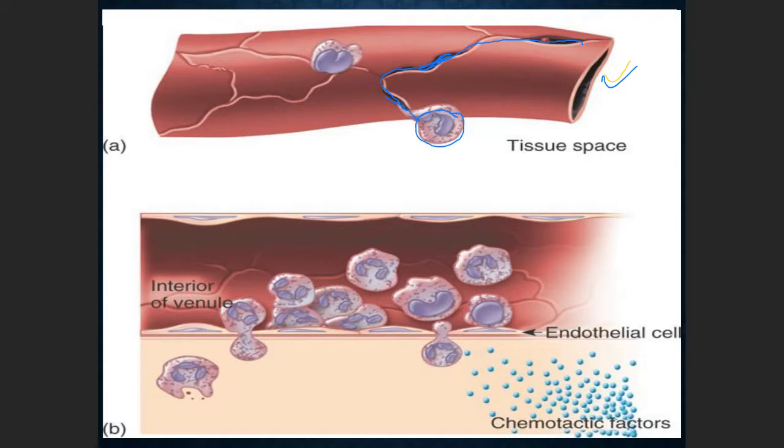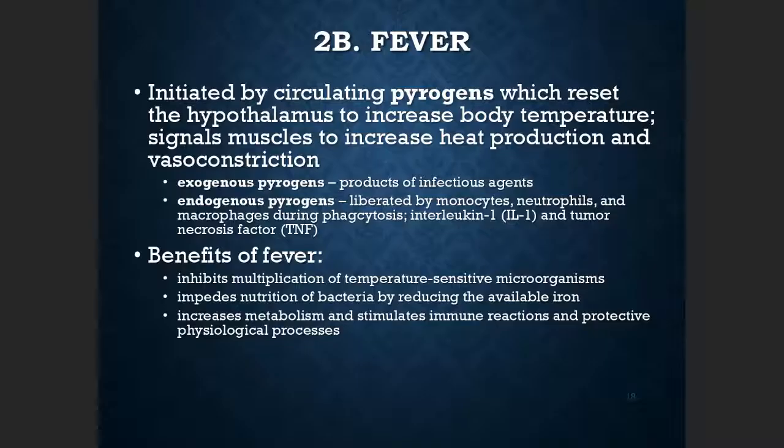And they usually move to the infection area, where the infection area actually gives the clue by producing chemicals. Remember, last time we talked about the bacteria or pathogens, they produce virulence factors like enzymes and toxins. These are actually chemicals. So these chemicals give the clue for our white blood cells to come to this area and fight the infection.